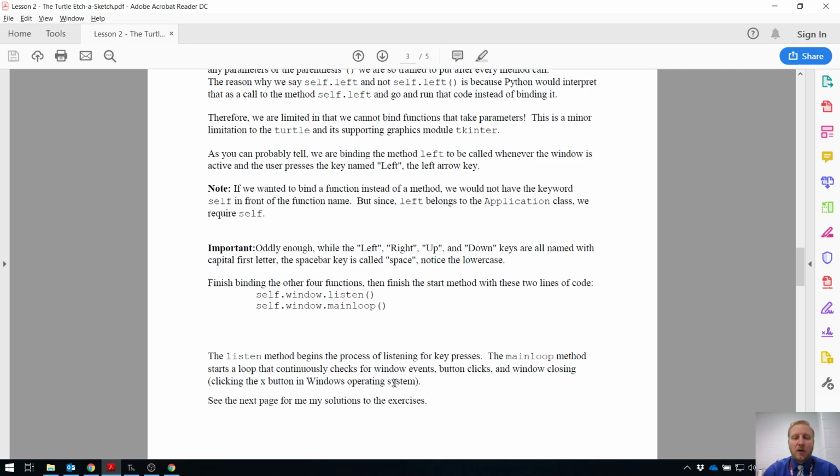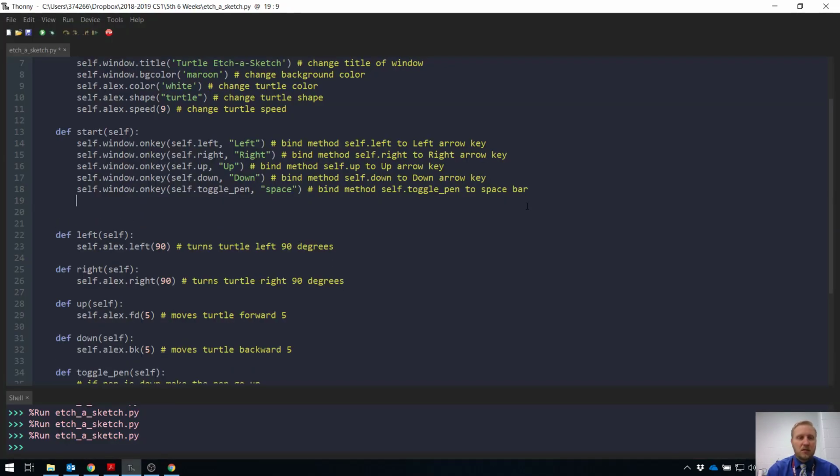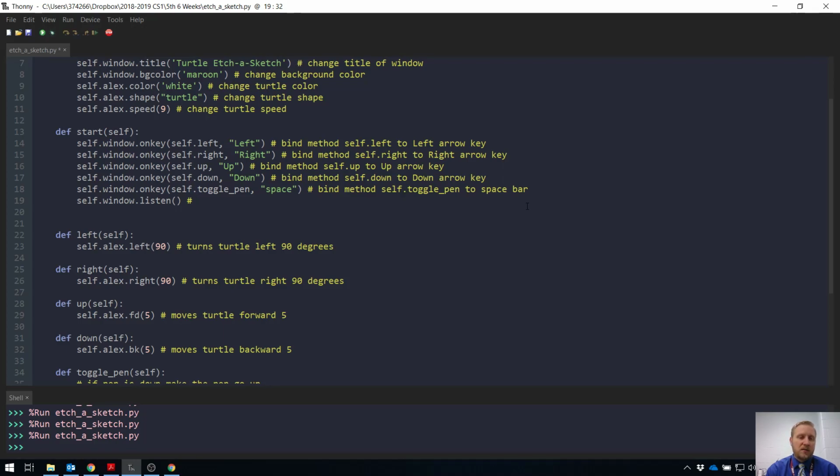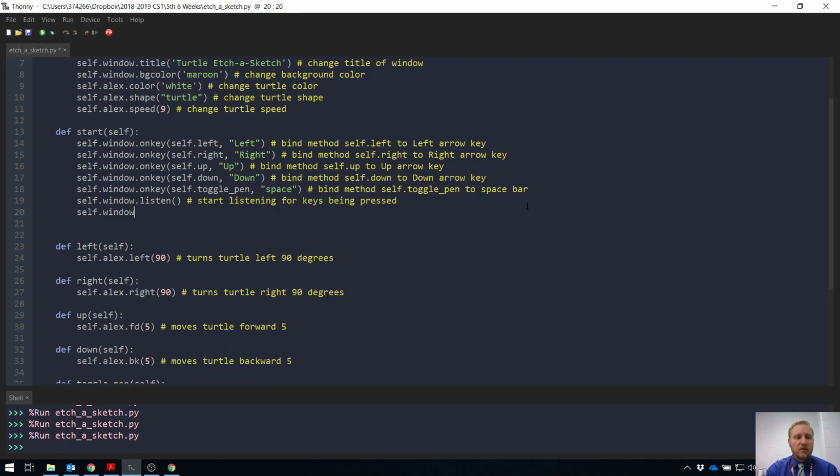Okay, so self.window.listen. This tells the window to start listening for keys being pressed. And self.window.mainLoop. This basically just says we're done with new stuff. Sit here, wait for the user to close the window, and just listen. So I'm not going to put a comment there. So now if we run our program,